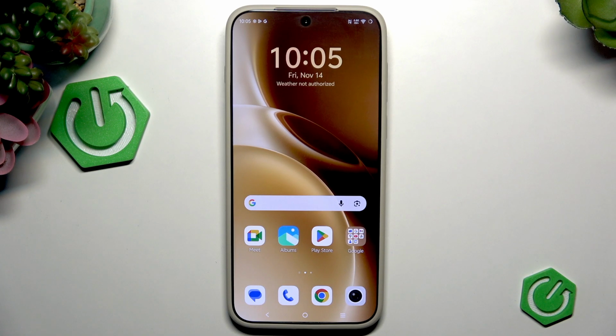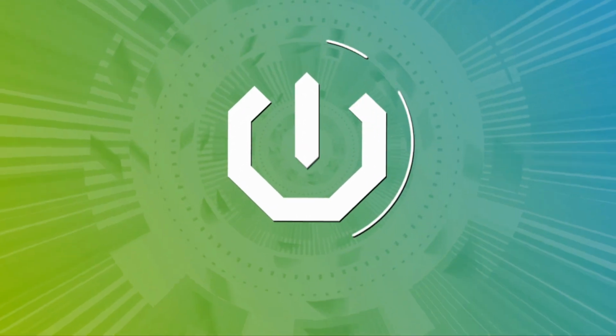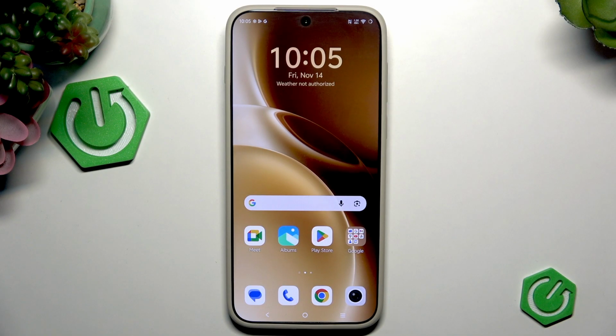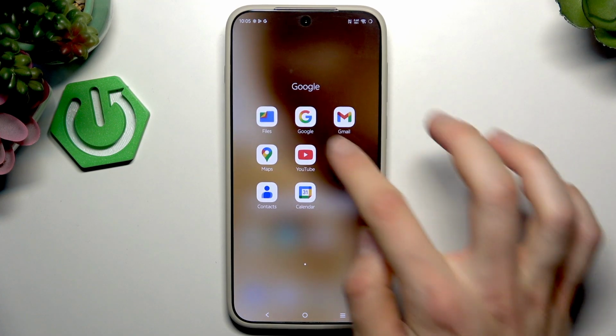Today I'm gonna show you how to enable Google Assistant on your VIVO X300 Pro. If you want to enable Google Assistant on your VIVO X300 Pro, make sure you have already logged into your Google account. If you did, open up your Google,